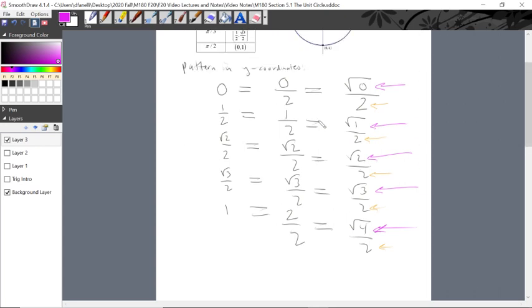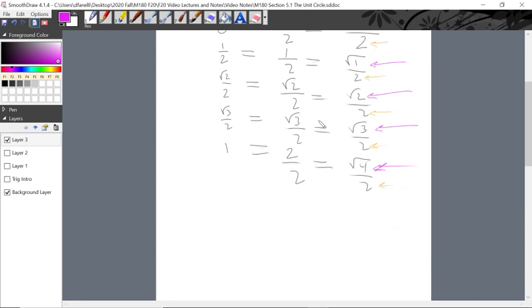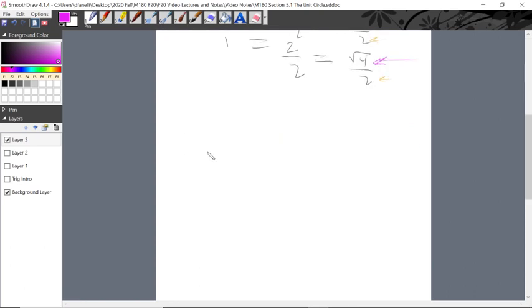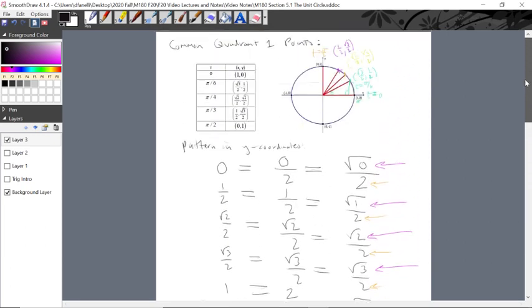So we can remember that pattern in order to figure out these coordinates. Now, another helpful technique to further try to remember these quantities: look at the fingers on your left hand. Let's pretend that that's my hand. You're taking a look at your left hand, and we line up the thumb with the positive